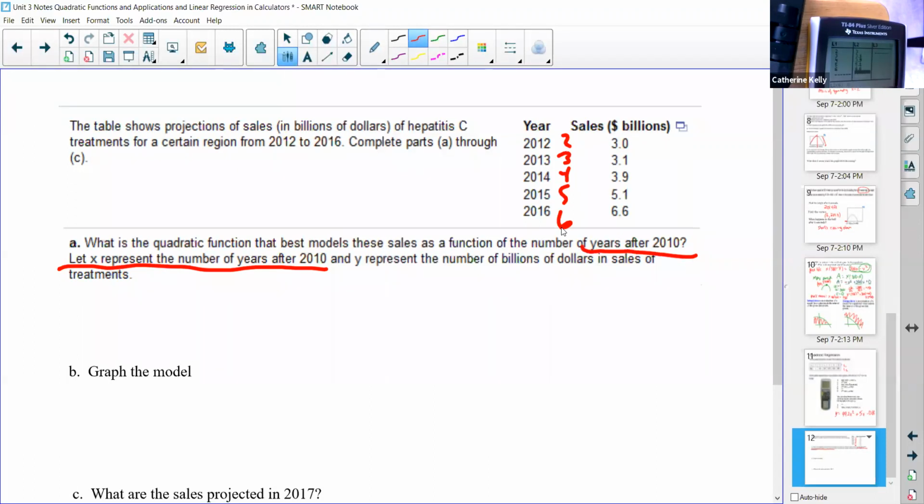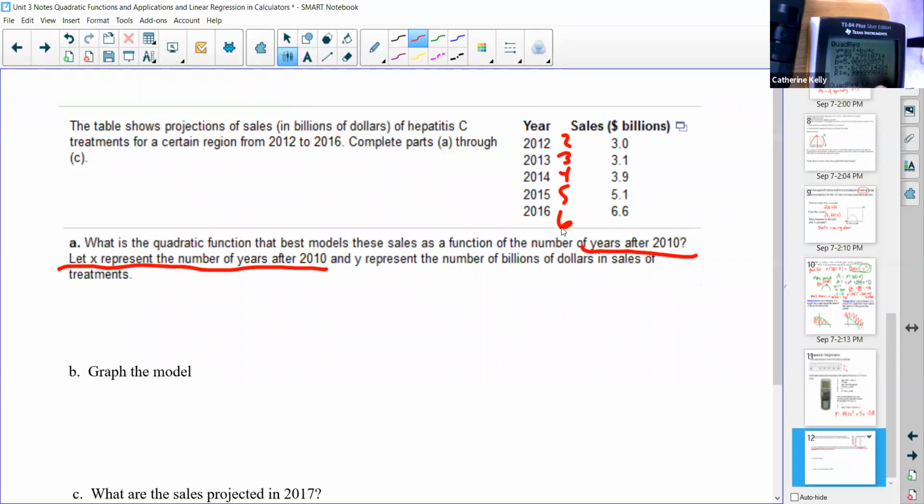So I'm going to go to my second quit, and come up with an equation. So I'm going to go to stat, calculate number 5, which is a quadratic regression, and then I'm going to do list 1, comma list 2,